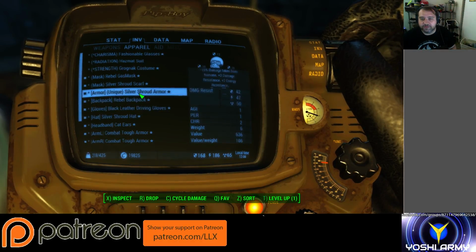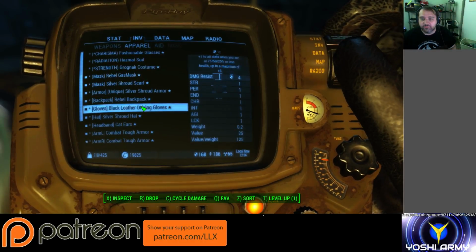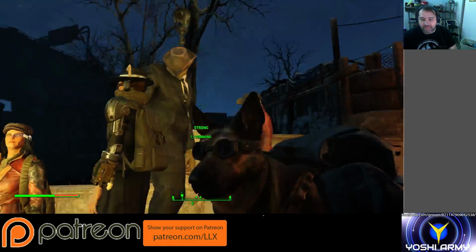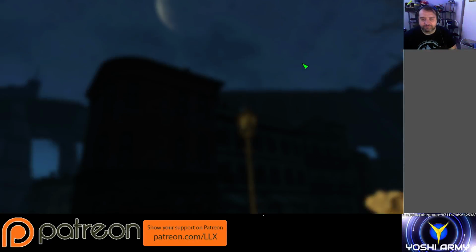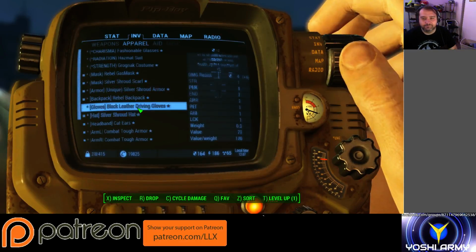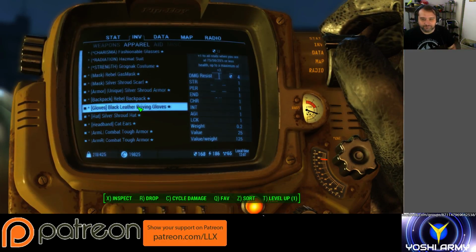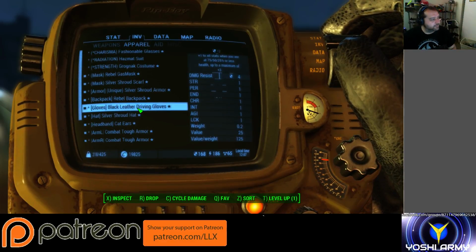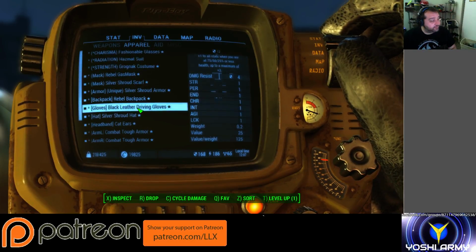And as you can see here now, if I were to click and remove the leather gloves, I am the Silver Shroud! Without gloves. Alright, well that should cover all the fun mod stuff, and we almost hit 45